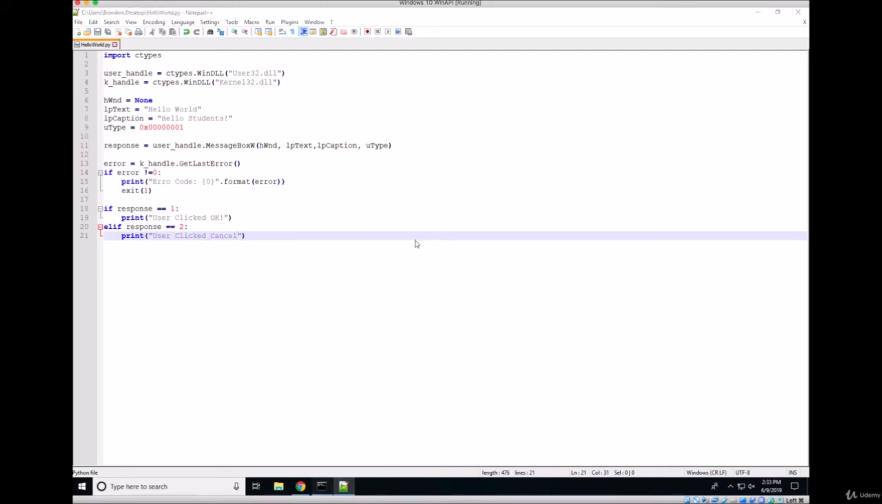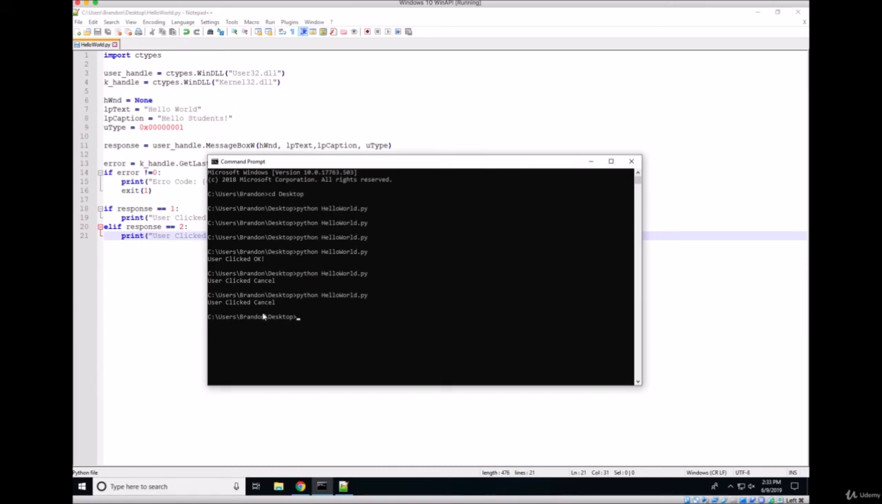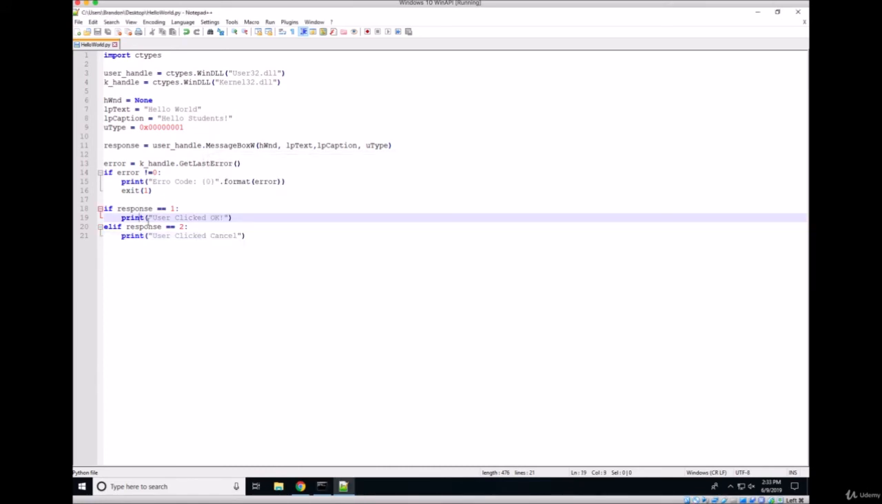That's it. So if we go ahead and run this, we click OK, user clicked OK, and if we click cancel, user clicked cancel, and if we clicked the X, the user still canceled. So the X is always still cancel. So this is a quick example of how to do hello world inside of a message box while calling the